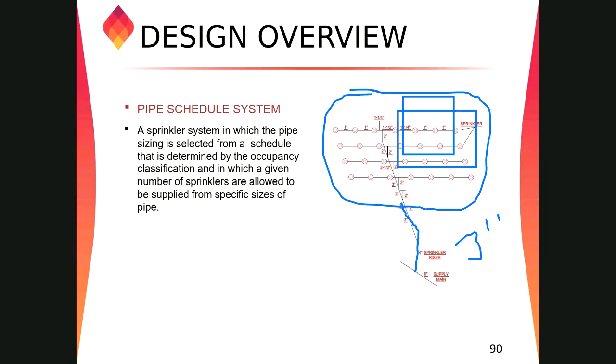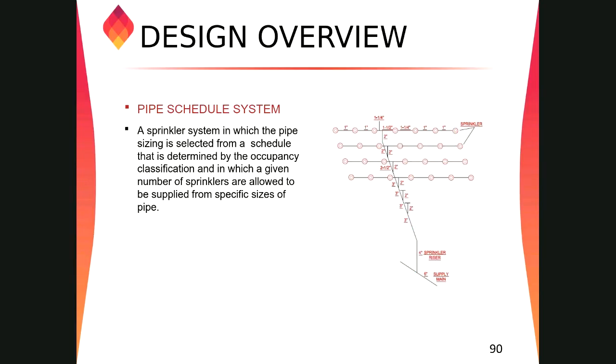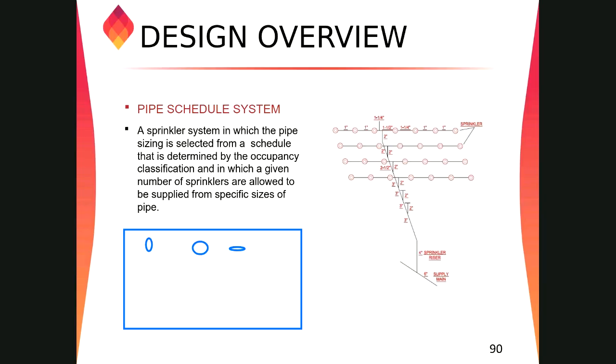Okay, so what is the beauty of this one? You cannot use it for this project. As you know, for new projects, no one is using this one. But this one will give us an idea when you are performing the hydraulic calculation in the software. Just make your plan in AutoCAD and put your sprinklers based on the pipe schedule system all the way into the building, and then do the hydraulic calculation in the software.